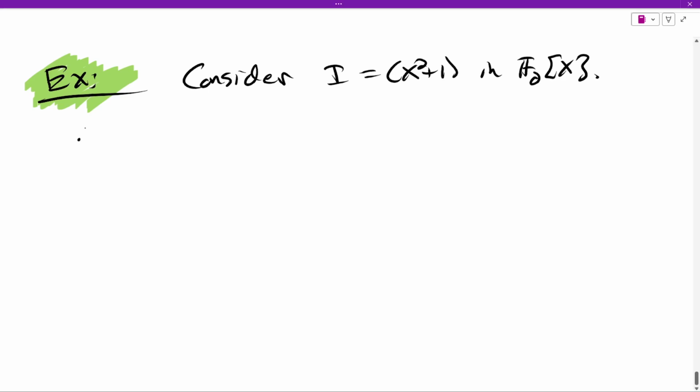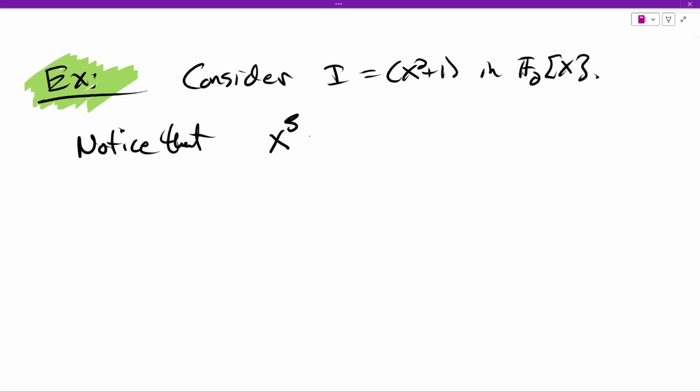Let's first notice that, so what is one way in which you can try to understand a new structure? Well, you can write out the multiplication and the addition tables. But to do that, you have to have a list of elements if there are finitely many. So let's notice here that, well, if I have a high power of x, say x to the fifth, I claim x to the